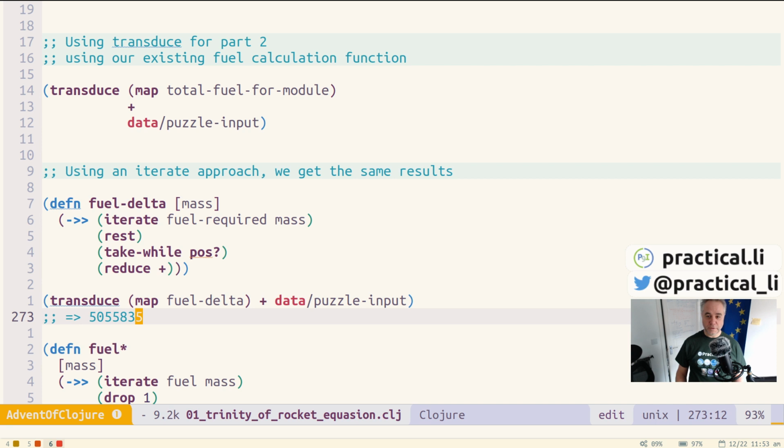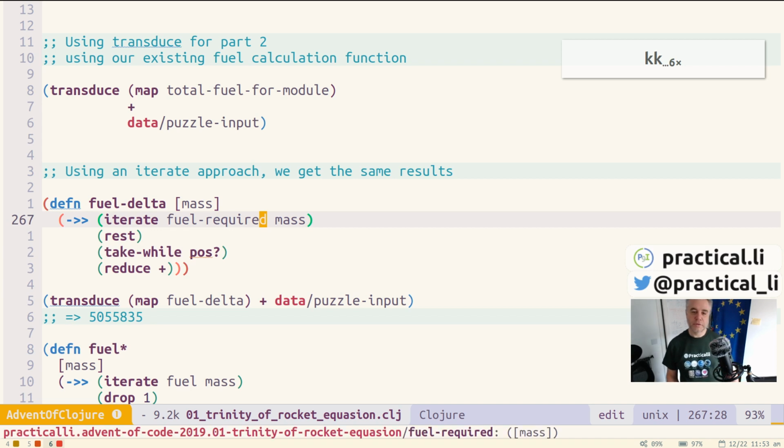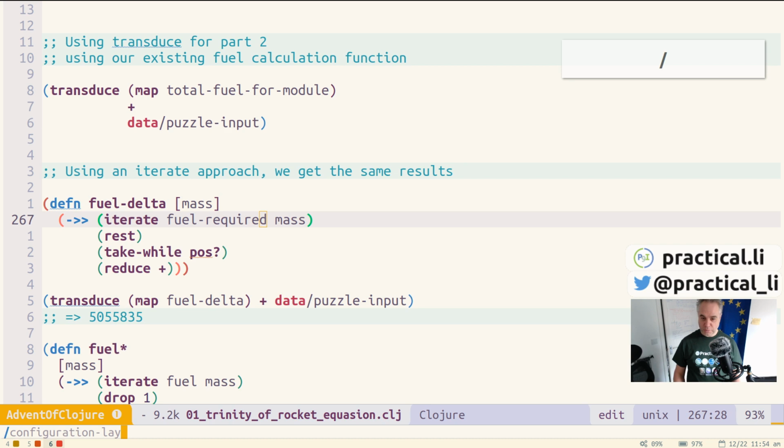So the transducer is doing exactly the same thing, but we don't have all the loop recur cost, because it's going to be creating, if we go back to the loop,